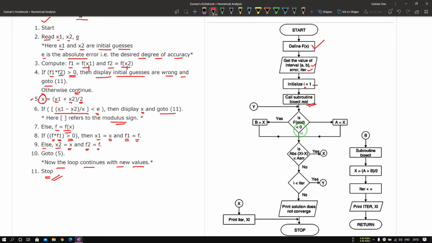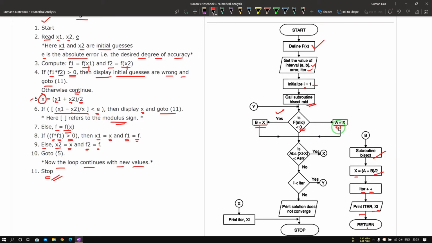If f(mid) is less than 0, then we put b = x. Here bisect is the subroutine, and x = (a + b) / 2 and iteration plus plus. Then we print the iteration and x1 and we return.